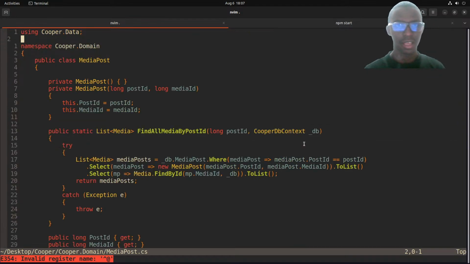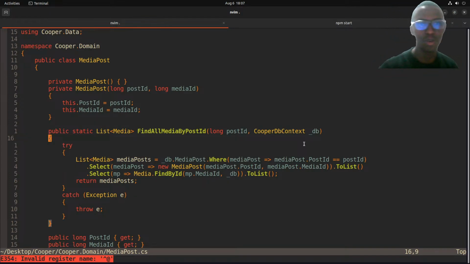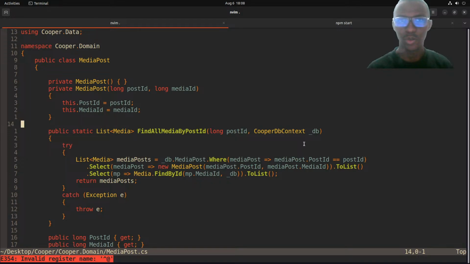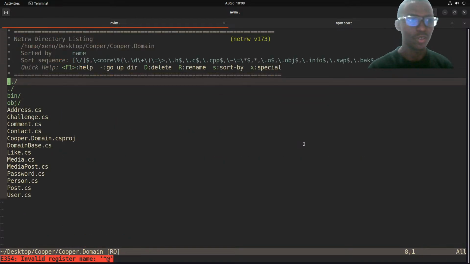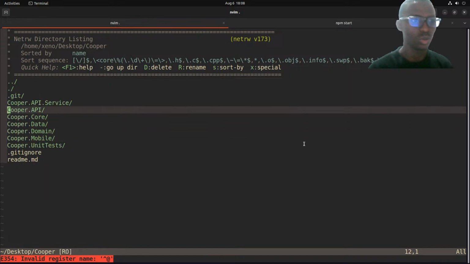And then we added the domain class. The domain class will fetch post media for a post, right? So you give me a post ID, so we've added a method for fetching media for a post. You give me a post ID, I give you the media associated with that post ID. And then from there, we went on to the API layer,